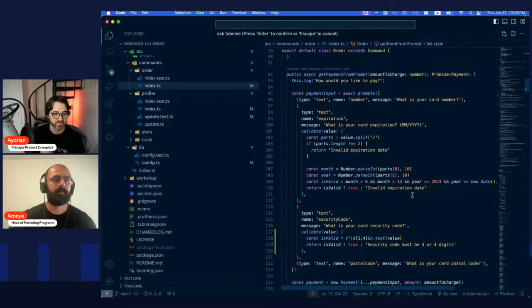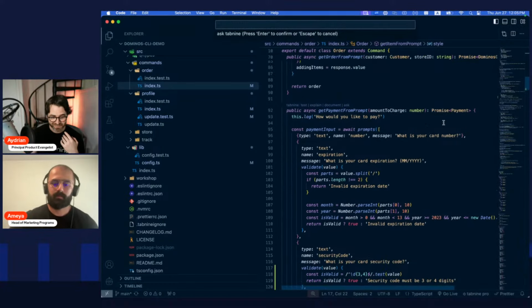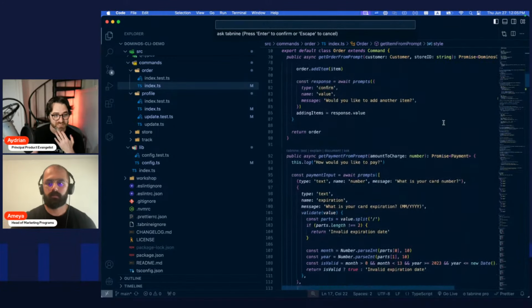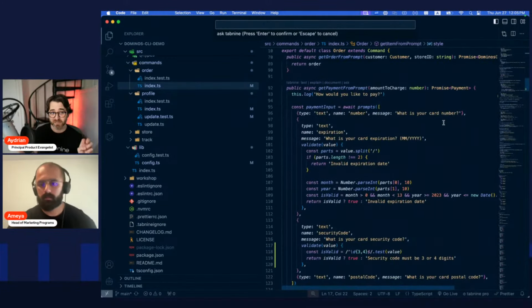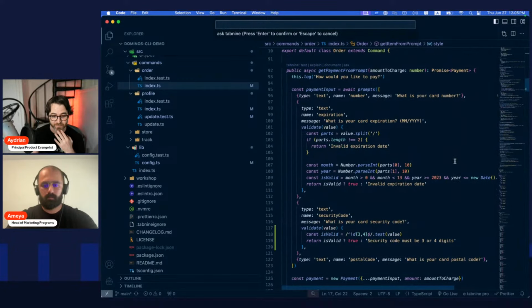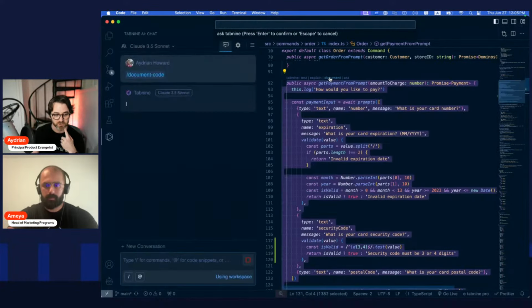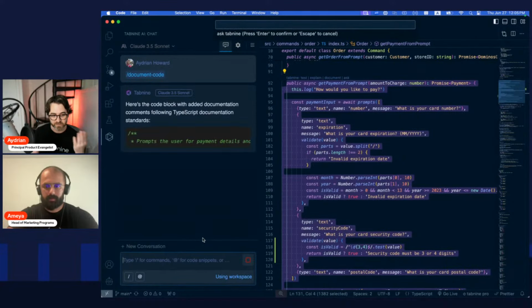Yeah, thank you. All right, for this last one, it's going to be very easy. I found the function that's mentioned in the ticket. If you were to look through all of this, there's a lot of documentation missing. But for this ticket, we're going to assume that we're going to do them all, but we'll only document this one function. Now, there's a couple ways that you can do it. If you have access to CodeLens, which is available on Visual Studio Code and the JetBrains IDEs, we can just simply go document, and that will open up the chat, and it will generate the documentation.